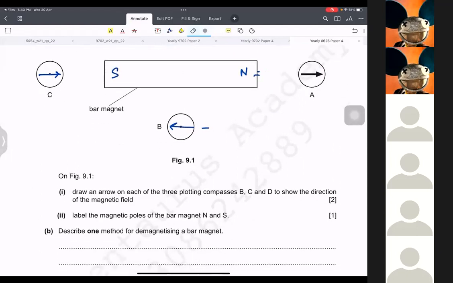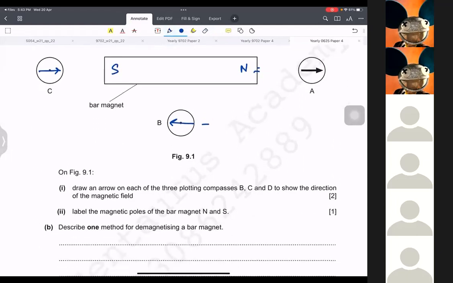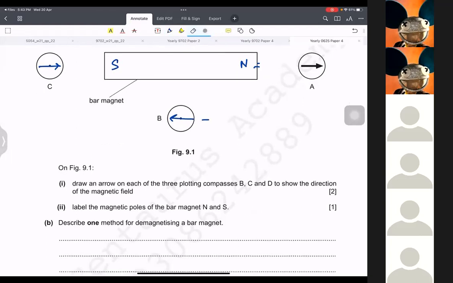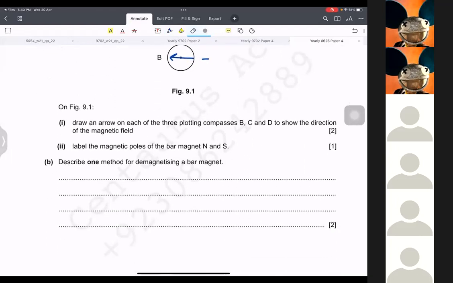And then label the magnetic poles. We have done it. Oh, we have done it already. And describe one method of demagnetizing a bar magnet. So you can write any method that you like. My perfect answer would be place the bar magnet in a solenoid